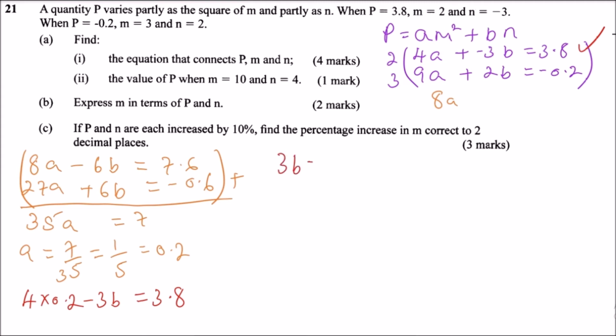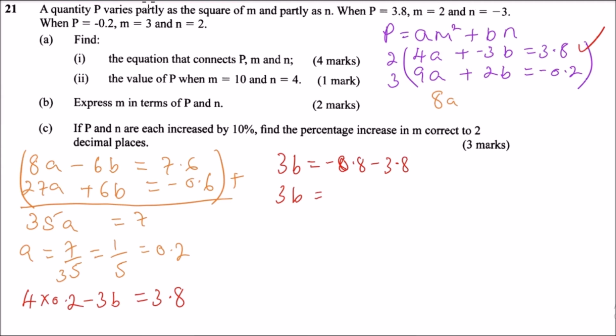So we have 3b is equal to, take this to the other side, so that will be minus 0.8 minus 3.8, and 3b is equal to, when you add that, you get